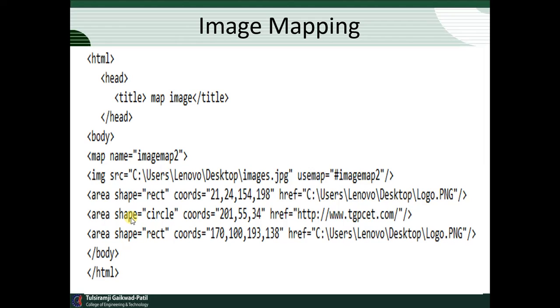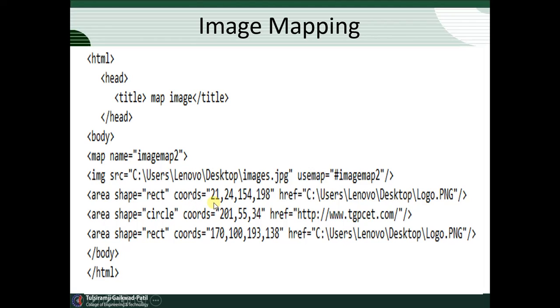We have different types of objects, but we use only the rectangle and circle, where we have the laptop, where we have the cup, where we have the one circle. Now how are we going to get the coordinates? So we need to find out the coordinates of that particular location. How do we hyperlink? First we are going to see here area shape equals rect. Shape is an attribute and rect is a value. Then coords is again an attribute and it has values.